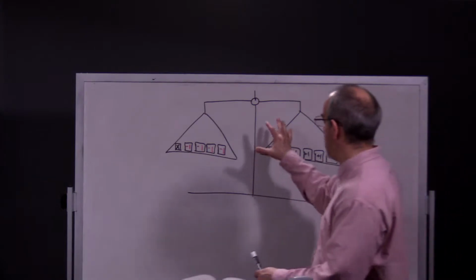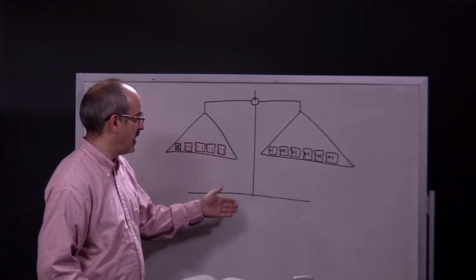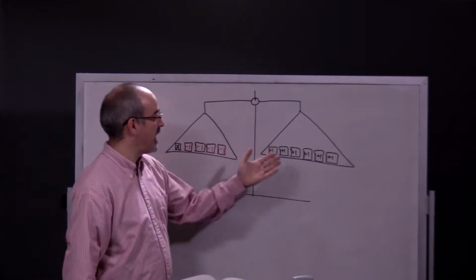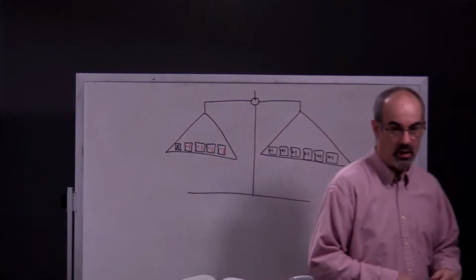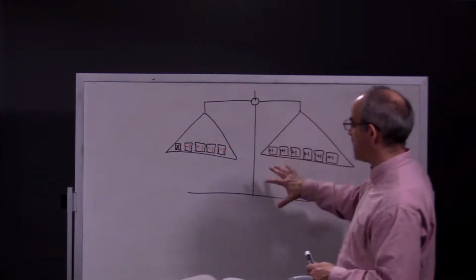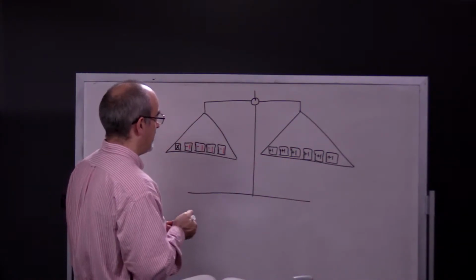Okay, what this scale is representing, this is a scale and it's balanced. That means these two sides have the same weight. So what this particular diagram here represents is the linear equation